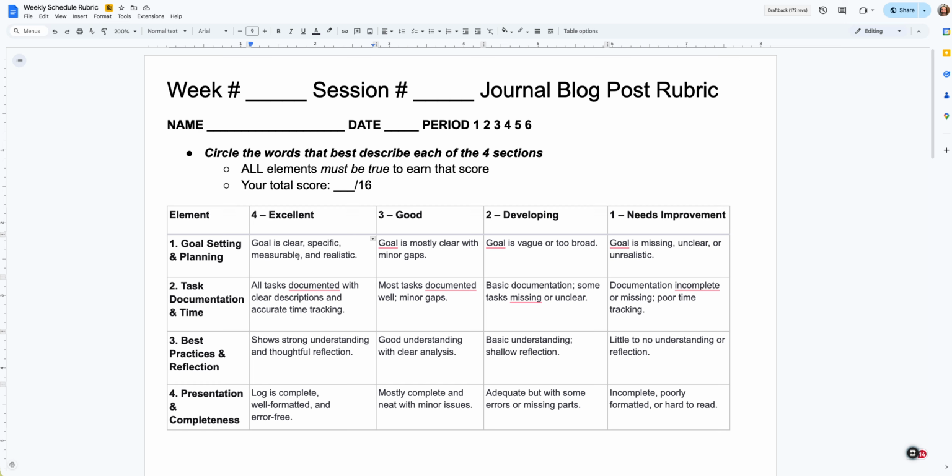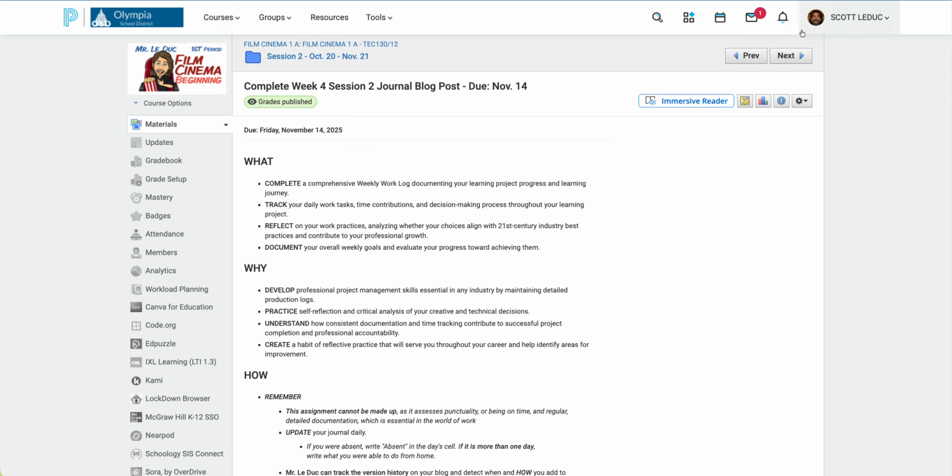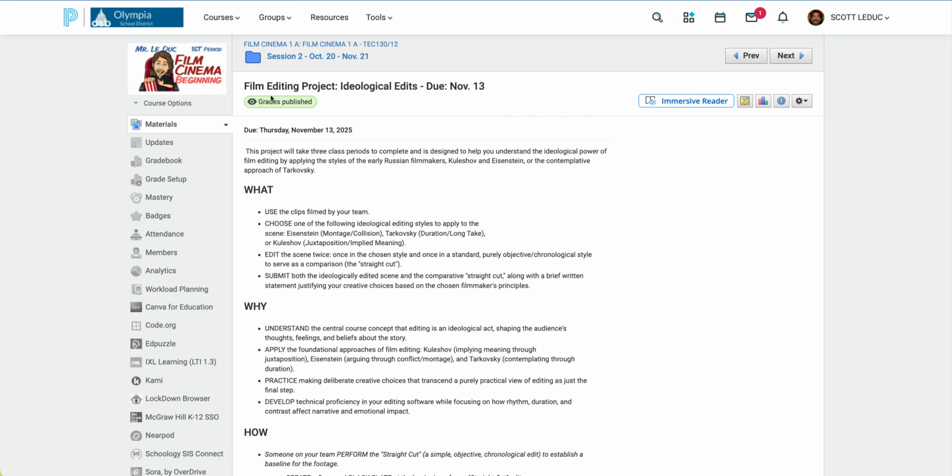Now, for example, in film, you're going to get this project. Let's go over here. You're doing an editing project where we have 2 versions of the film that your team made. The team will have an edit that's just the standard kind of edit, but then each individual is going to make their own version based on one of 3 different styles of editing. So the goal for you would be to have this done before the end of the week. So you're going to be working on editing.